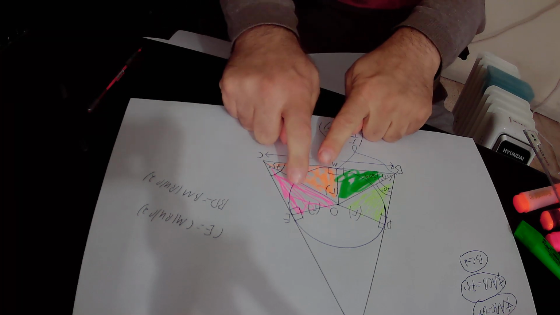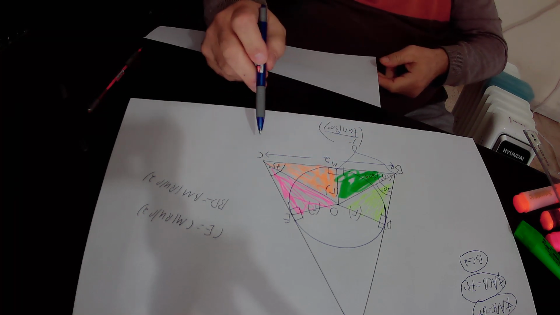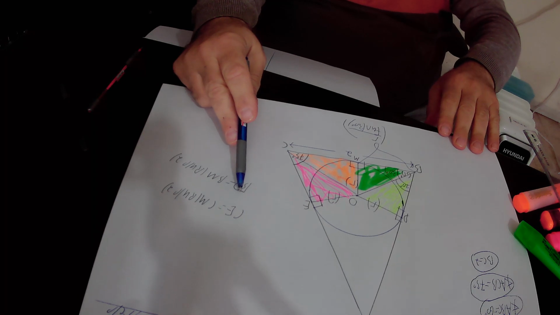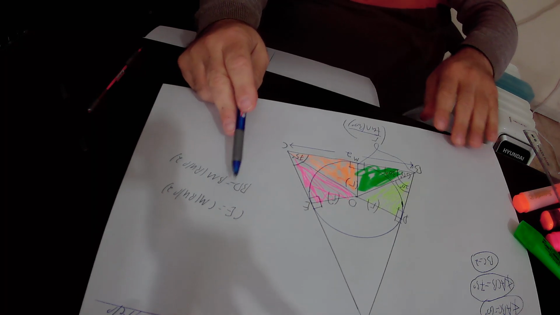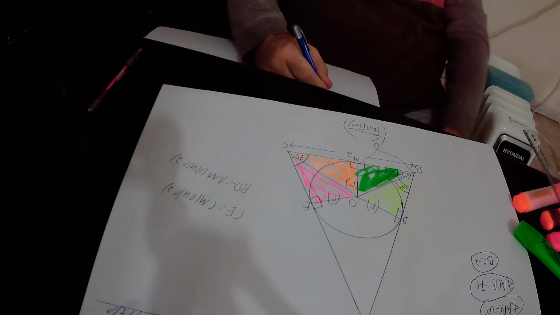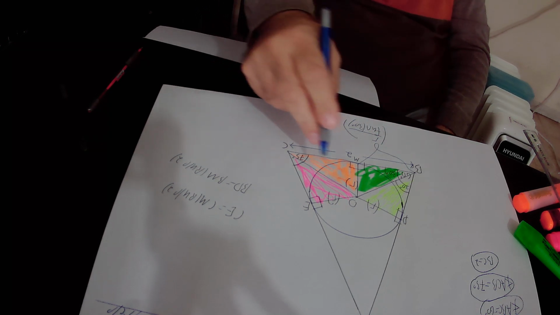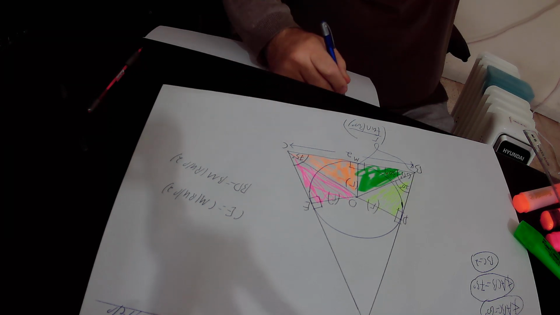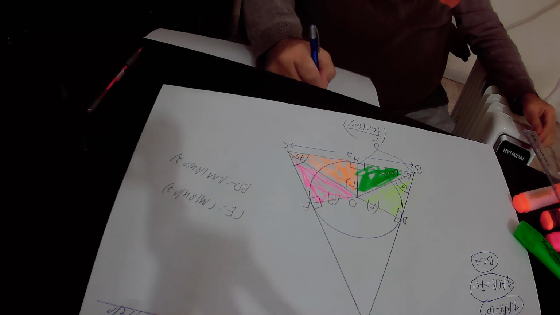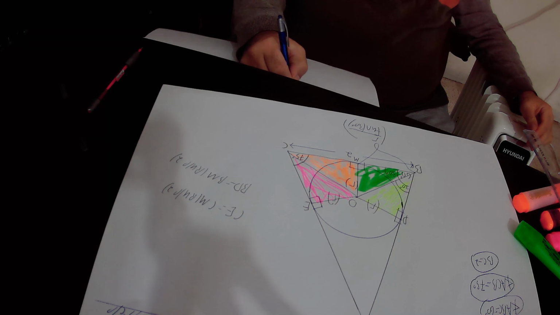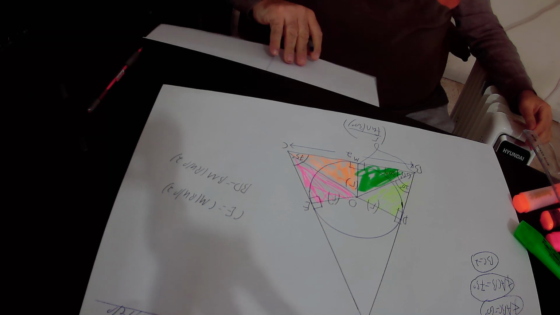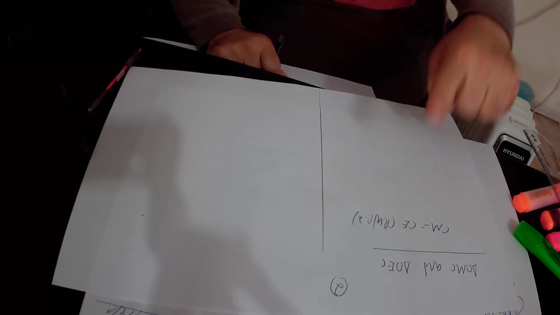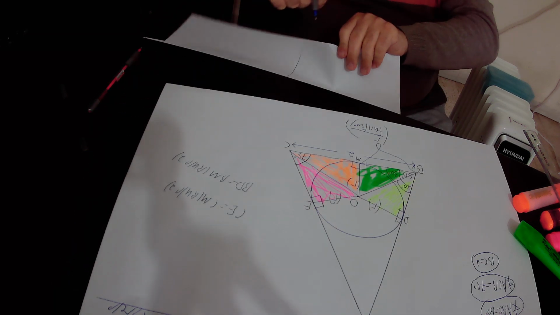So, why are those two triangles congruent to each other? First of all, MC equals EC. Here, MC equals EC, according to rule number 2, or CM equals CE. CM in the orange triangle equals CE in the pink triangle, according to rule number 2. Repeat again. Side CM in the orange triangle equals side CE in the pink triangle according to rule number 2. In addition,